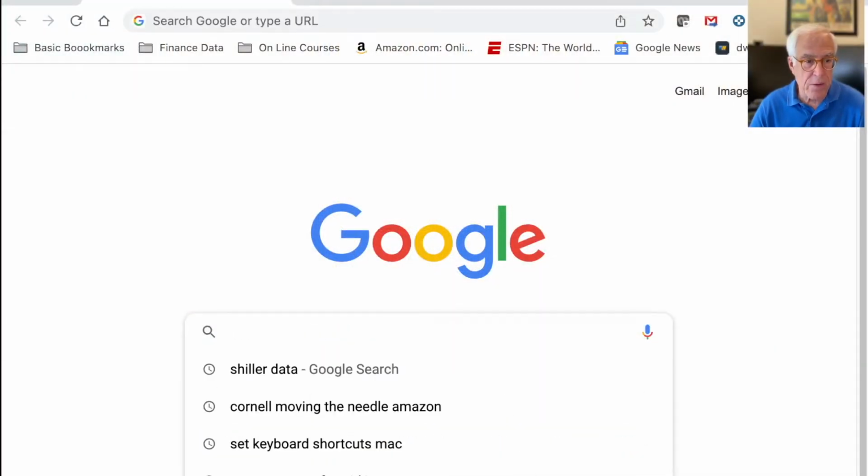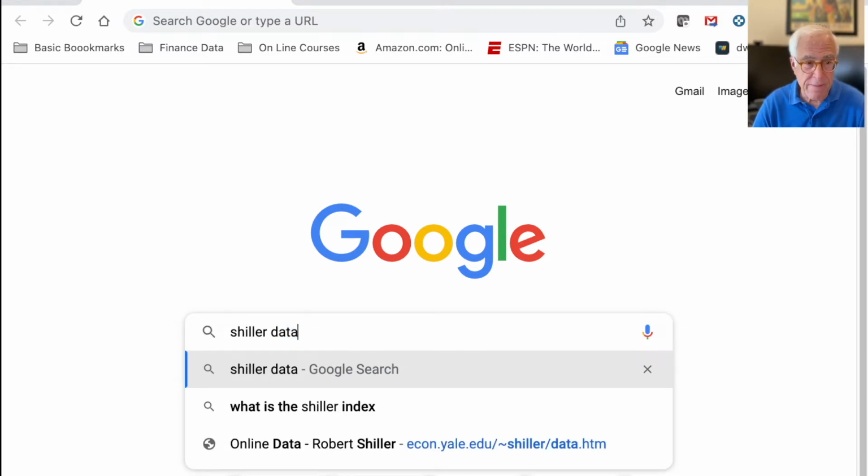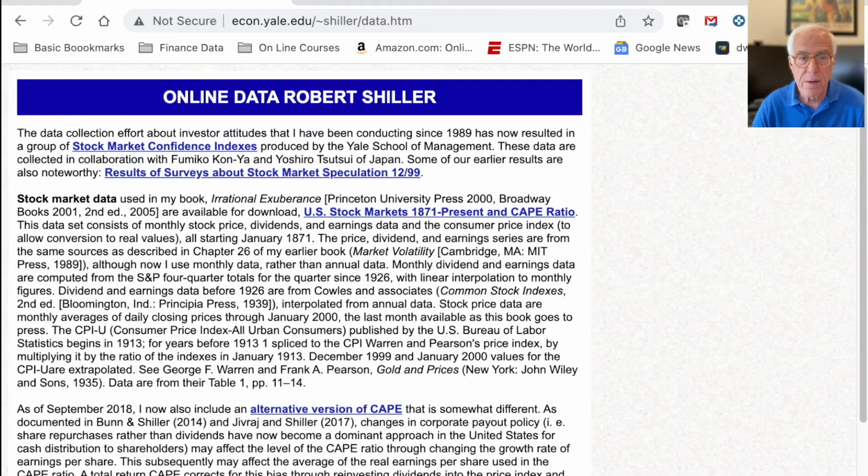And here I have a Google search window, and you can see I've done it before, but I will enter Shiller data. When I do that, it brings up this page, Robert Shiller online data. So I don't think you can see my cursor, but if I click that, it goes to online data, Professor Robert Shiller. And down here you'll see U.S. stock markets 1871 to present and CAPE ratio. So if you click that,